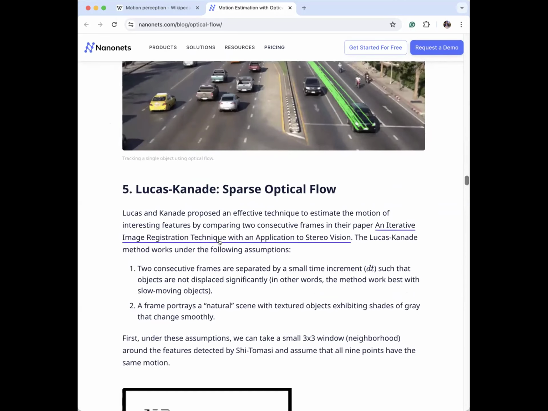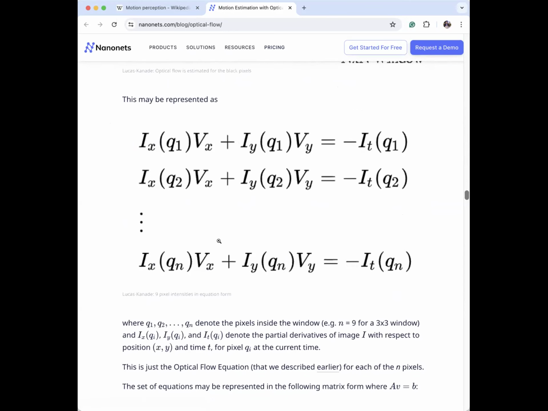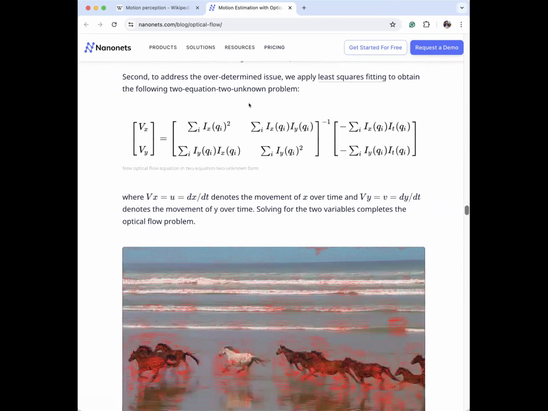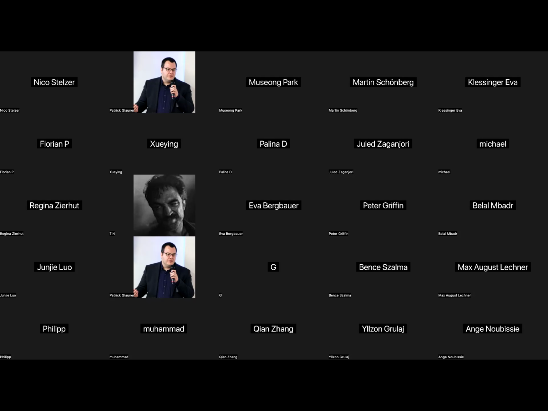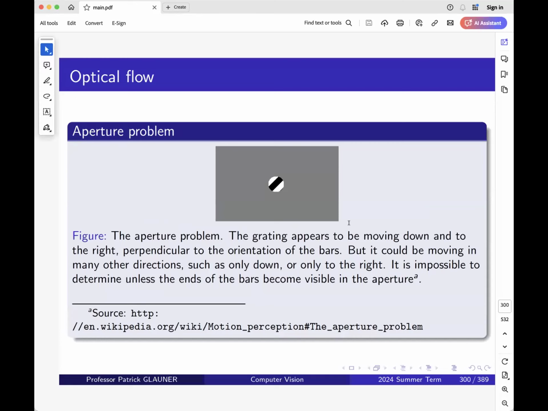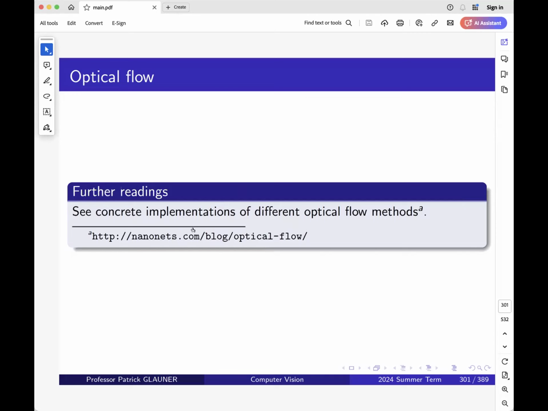And there are other optical flow implementations that make other assumptions for other use cases. And then that equation actually becomes solvable. This is referred to in my slides. In my slides, I have the aperture problem, but it is not visualized here, or it's not dynamic. That's why I opened it. You find a link here, and you can check this NanoNets blog in order to learn more about concrete optical